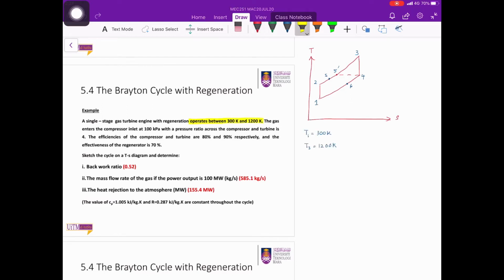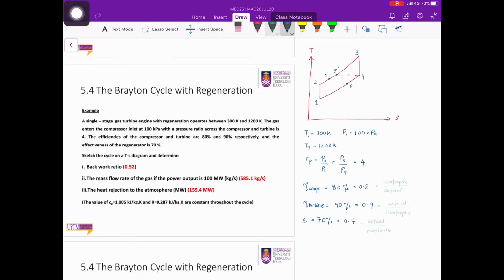The statement operates between 300 Kelvin and 1200 Kelvin is referring to state 1 and state 3. Also given to us is the pressure at the compressor inlet, P1, equal to 100 kPa. The pressure ratio across the compressor and turbine is equal to 4. The isentropic efficiency for the compressor is 80% or 0.8. The isentropic efficiency for the turbine is 90% or 0.9, and the effectiveness of the regenerator is equal to